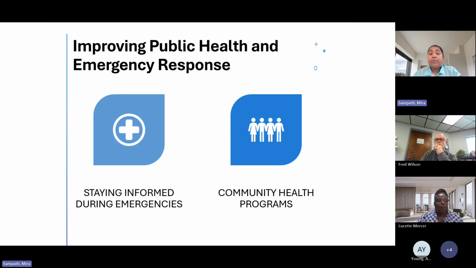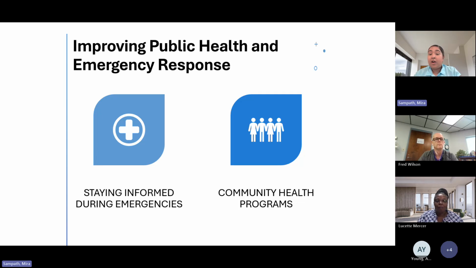So going into improving public health and emergency response, which could not be more relevant, I think, right now in the past year within North Carolina. So in terms of broadband connectivity during crises like weather disasters or pandemics, the internet helps people get updates, whether that be about the weather or the conditions in their area. Allows folks to attend school remotely if they're doing that, and find support and resources. The internet access also allows health organizations or community health programs to reach more people with important health information.